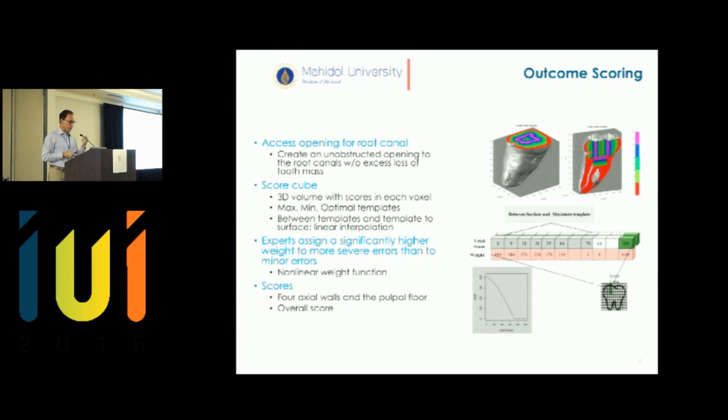So how do we score this? Well, we have some templates which we automatically generate. So we have the optimal template, a kind of a maximum and a minimum, and this is sort of how dentists work. So we came up with this talking to the expert. And then there are scores associated with the maximum and minimum, and then of course there's a score associated, for example, with perforating the tooth, which is that the drill goes from the inside all the way out of the surface.